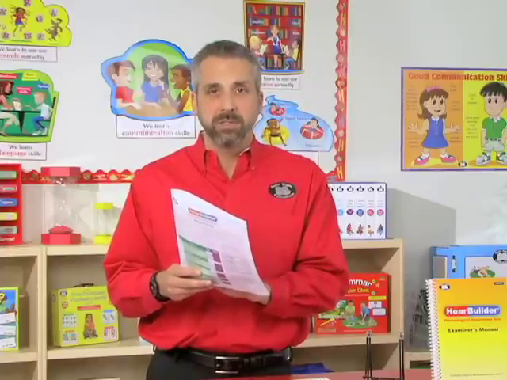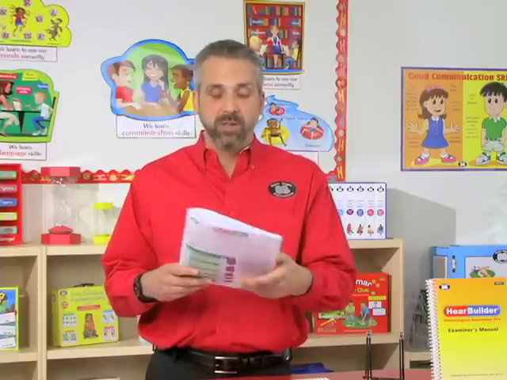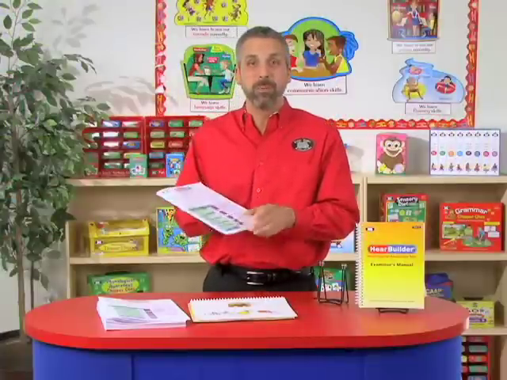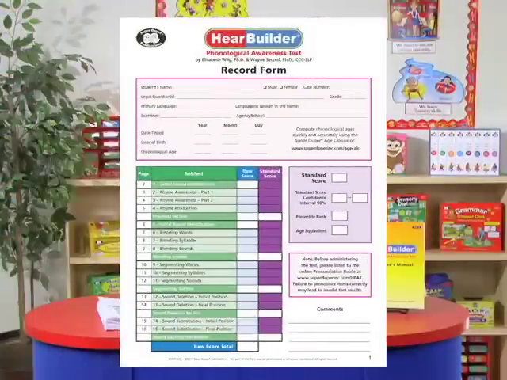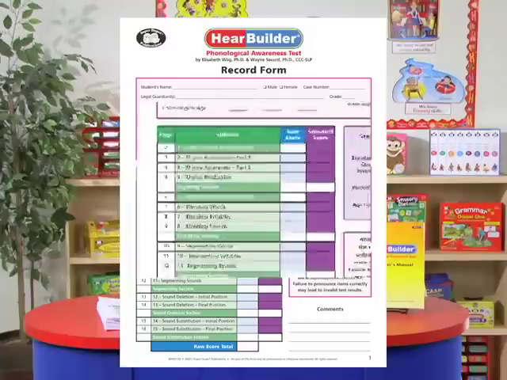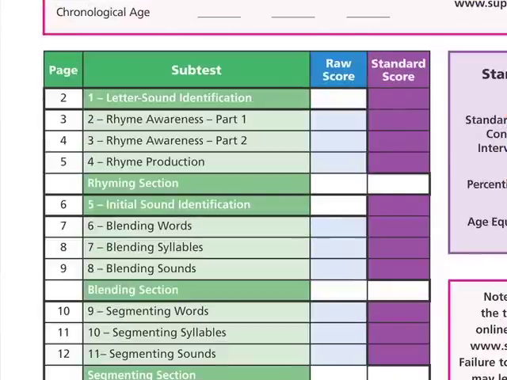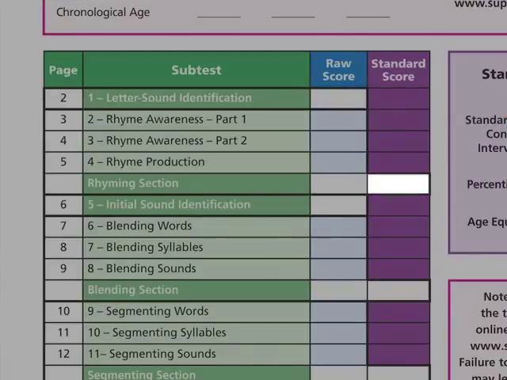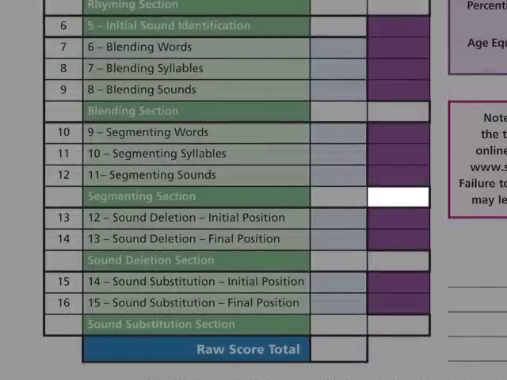Again, I'm going to add up all of my correct and incorrect responses, and I'm going to start scoring this. I'm going to look at the front of my form. I'm going to carry all of those scores over after I've added the incorrect and correct responses up, and I'm going to put my raw scores all right here. Now, if you'll notice on this form, you're going to be able to get a separate standard score for rhyming, for blending, for segmenting, for sound deletion, for sound substitution,